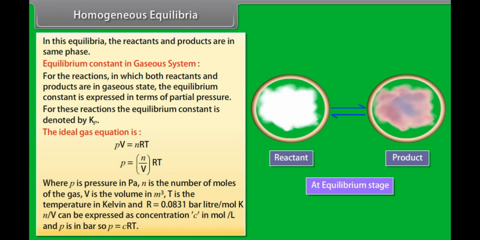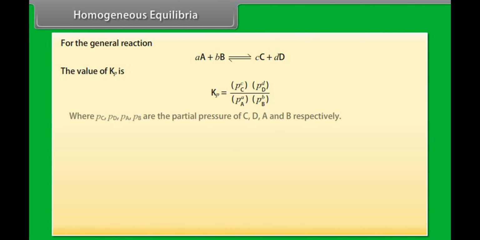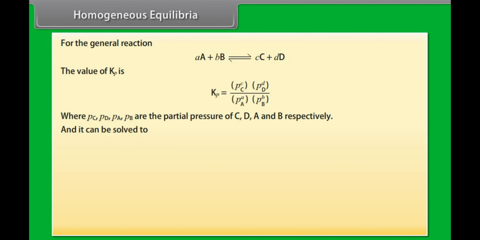N by V can be expressed as concentration C in mole per liter, and P is in bar. So, P is equal to CRT. For the general reaction, the value of Kp is given in terms of Pc, Pd, Pa, Pb, where these are the partial pressures of C, D, A and B respectively, and it can be solved